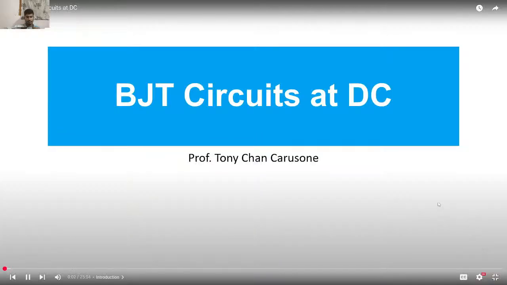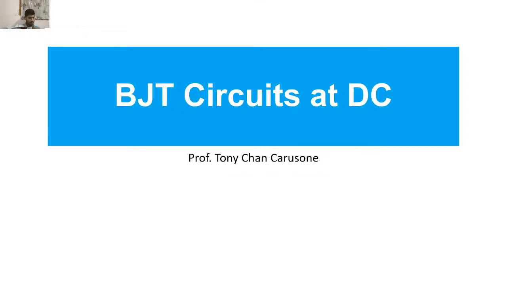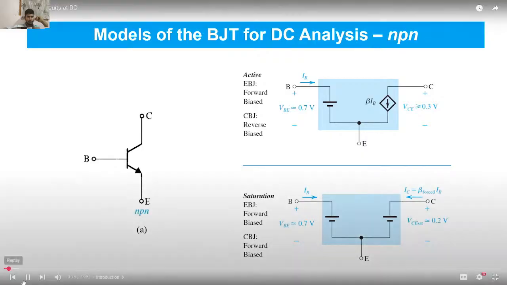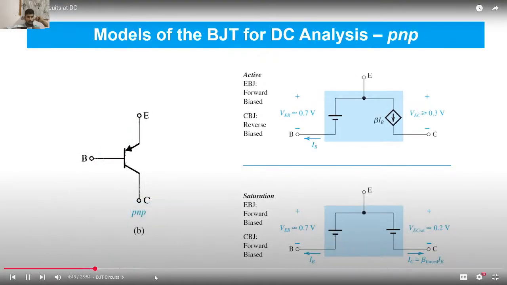In this video, we'll look at practical techniques for the analysis of BJT circuits at DC. We know that the voltage-current relationships of BJTs are governed by the PN junction between base and emitter. However, this active mode PNP transistors,